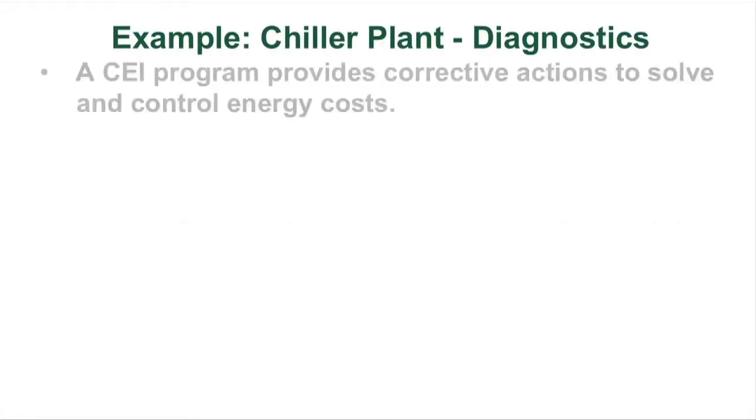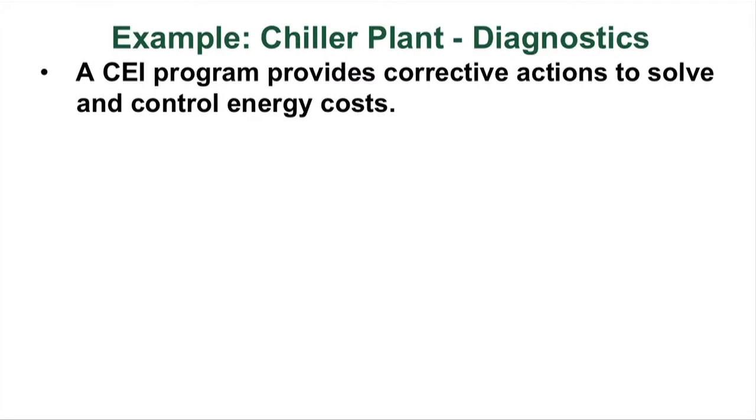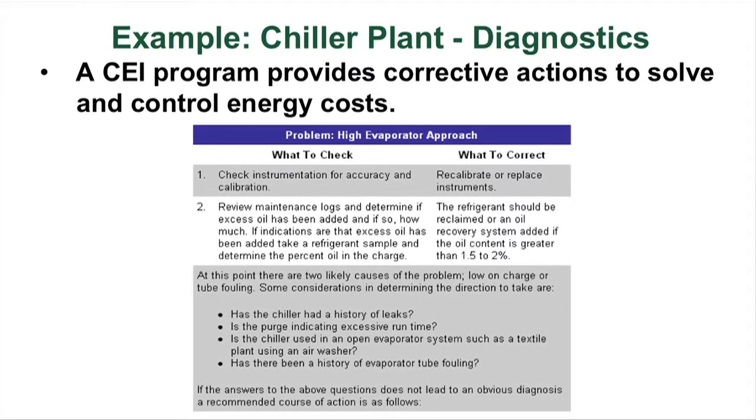So in this example, you can say, okay, using a continuous improvement program, by taking the data that's already being collected, it may alert to the fact that, hey, I have a high approach on my evaporator. Approach being the difference between the refrigerant temperature in the heat exchanger and the leaving water temperature from that heat exchanger. If that approach starts to increase, that means my heat exchanger is not working well. And so when that happens, you can be directed into an automatic system which will tell the operator